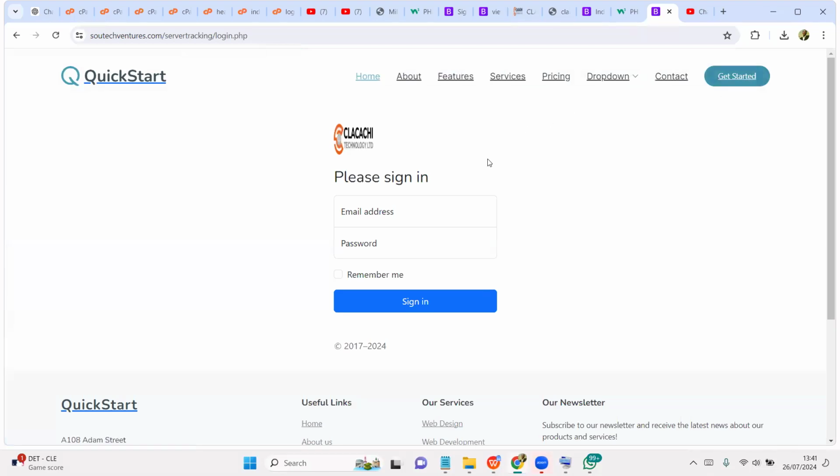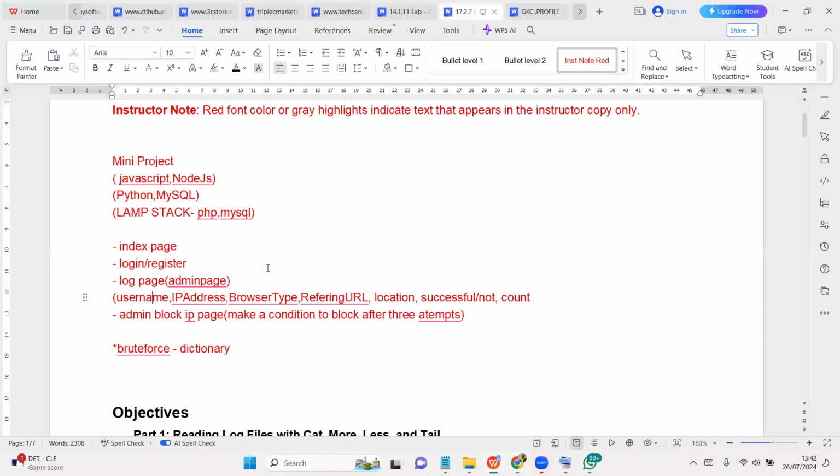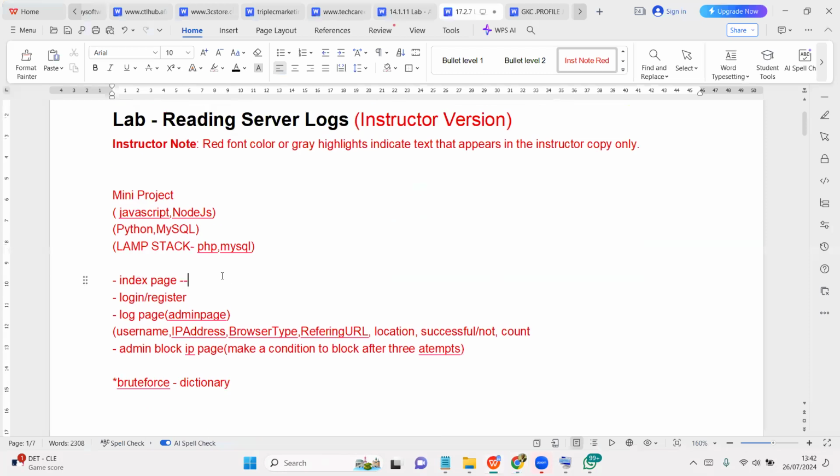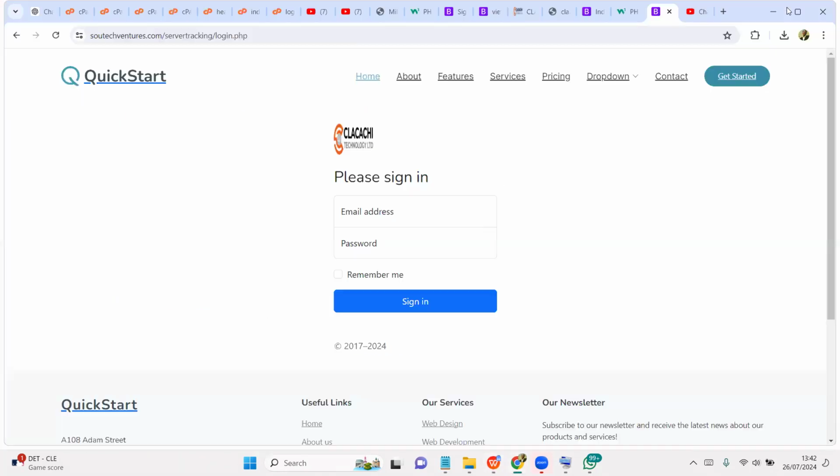Now, the next thing we want to do is create a login system. How we're going to do that: we're going to create a database, create a table, define, let's say, a username and password, then create an admin page where we can see everybody that has logged in, their IP address and all of that. So this is the structure of the application: index, we're done with this. Login, we don't need a register. The admin page is what we want to work on now, right? Okay, so let's write on.